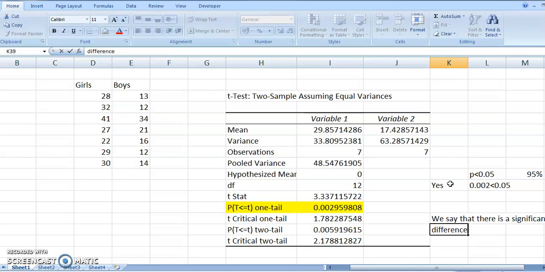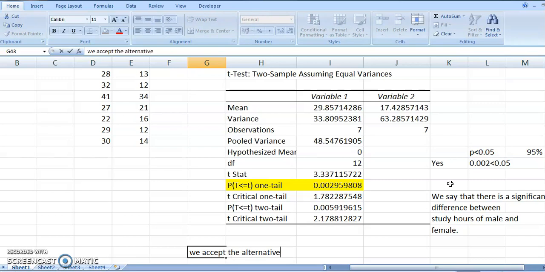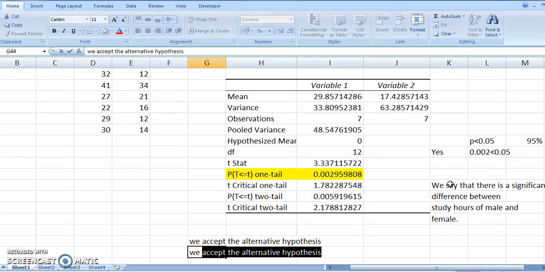difference between the study hours of male and female. So we accept the alternative hypothesis, or we reject the null hypothesis.